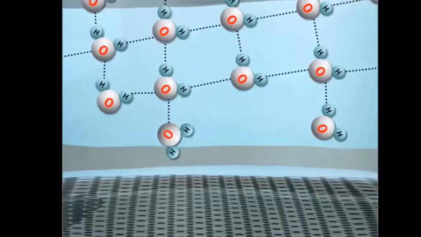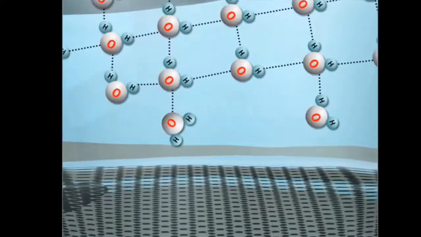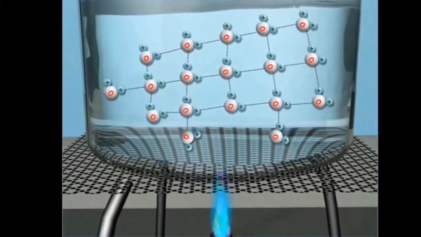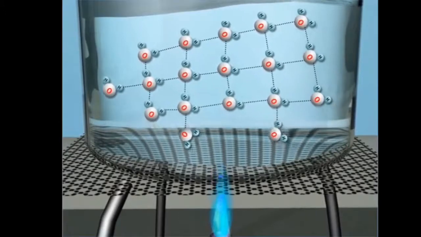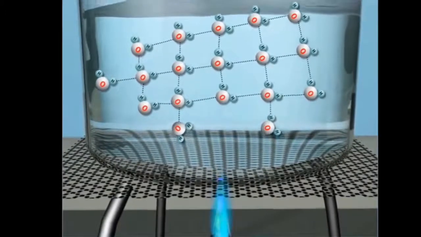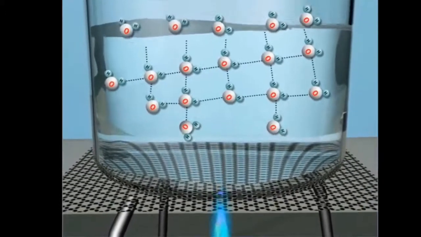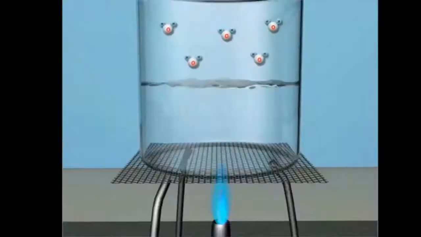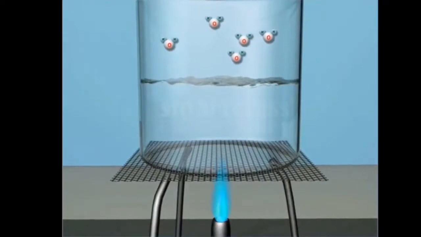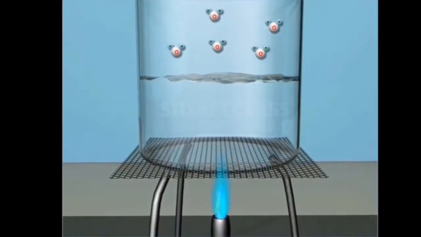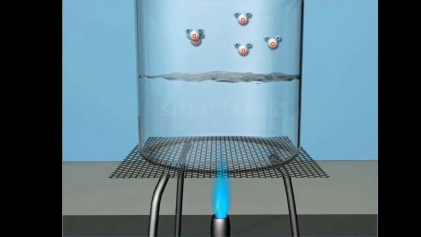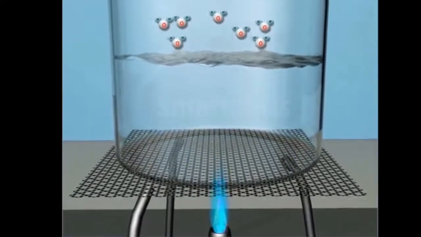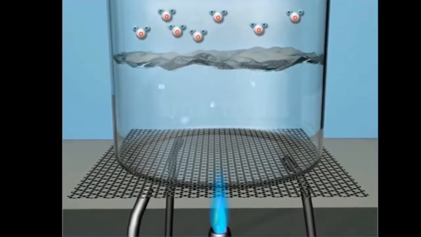Molecules of a liquid are bound to each other by strong intermolecular forces. When heated, the average kinetic energy of the molecules of the liquid increases. As a result, some surface molecules can overcome the intermolecular forces and escape into the surroundings as vapors. The vapors of the liquid exert a pressure on the liquid which is called vapor pressure. On further heating the liquid, its vapor pressure increases till it becomes equal to the atmospheric pressure. At this point, the liquid starts boiling.